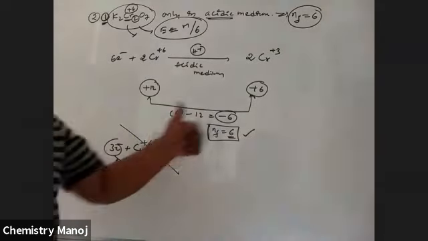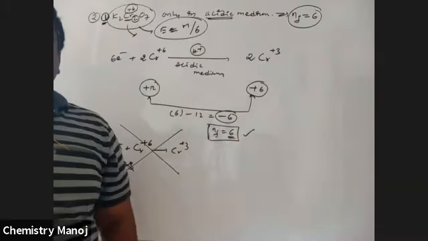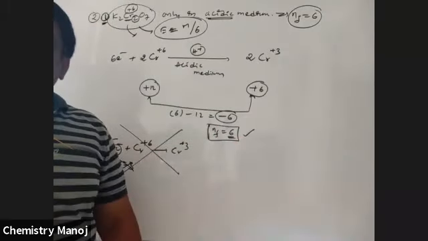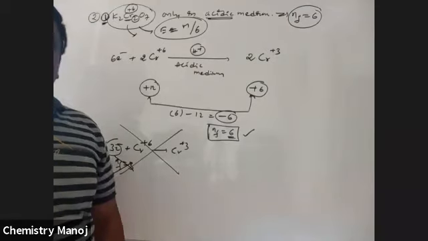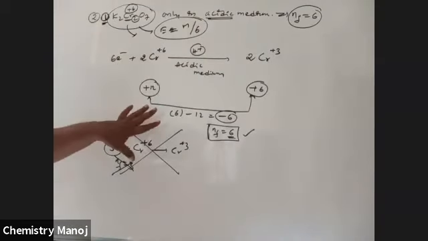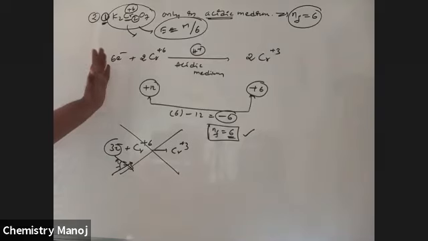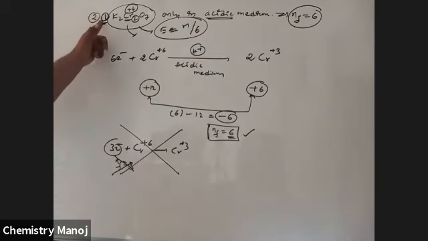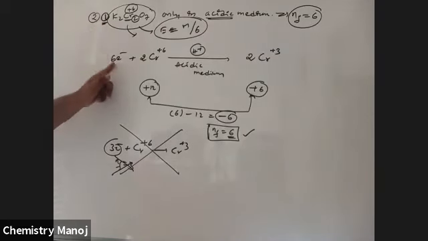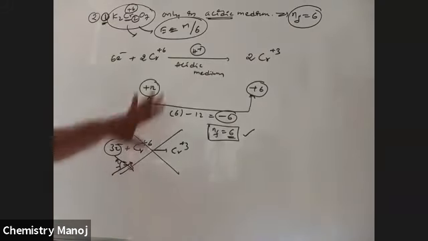For KMnO4, acidic, basic, neutral, 3 conditions exist, but in this case, only acidic medium exists. So this is for oxidizing agents. Here, the number of moles of electrons involved is, from 1 mole of the substance, 6 moles of electrons are used. That 6 is the n factor for K2Cr2O7. It is for oxidizing agents.